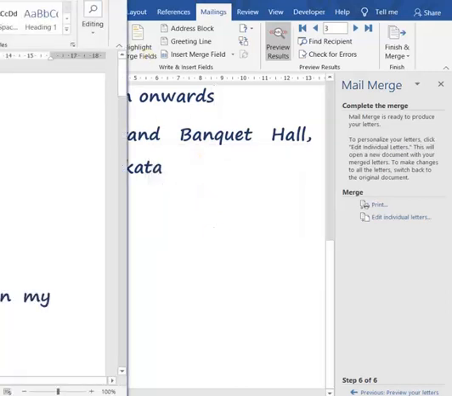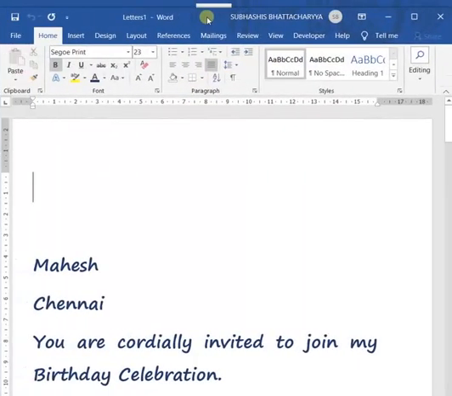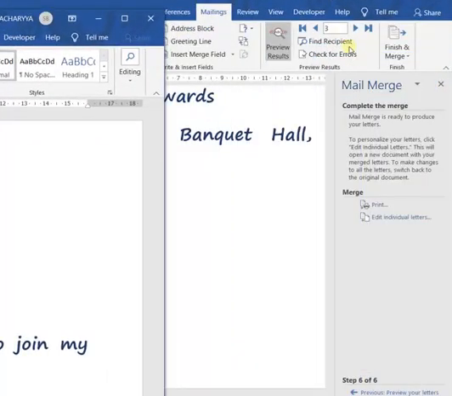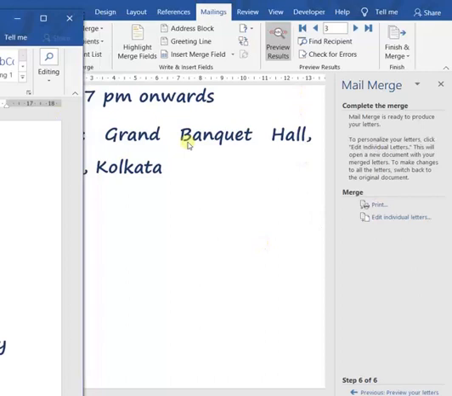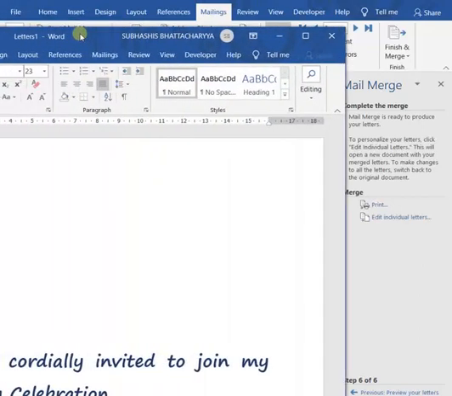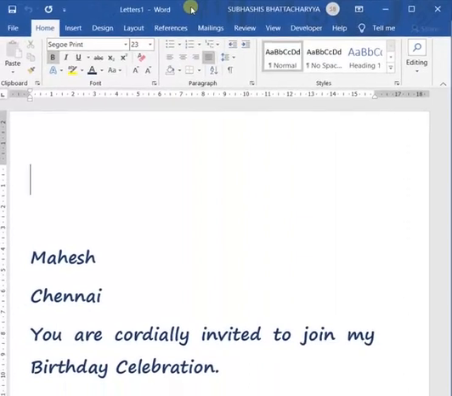So our merged document has been created. See, this is the main document mail merge wizard that we are working on, and the merged document has been created separately, that is this one.